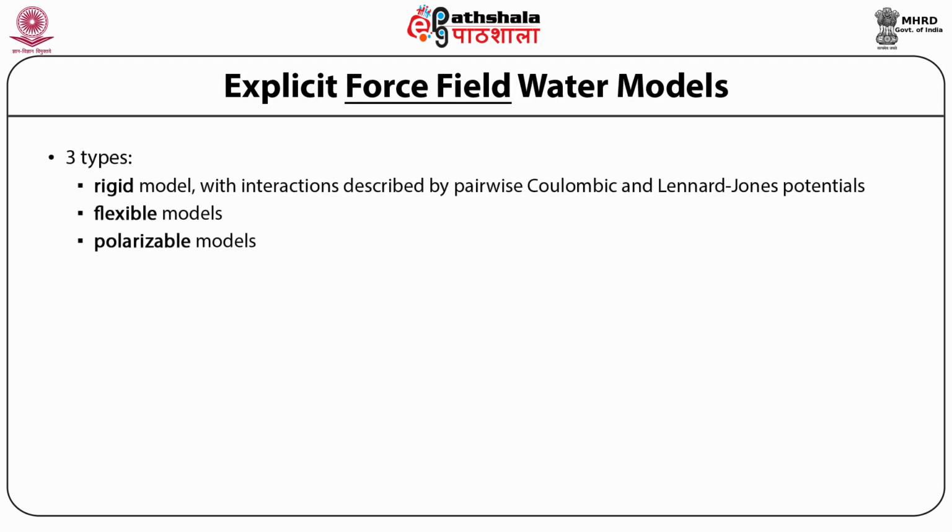How do we model explicit water? There are three types of explicit water. One is rigid, one is flexible, one is polarizable. Of all the models that have come up, the rigid model is the simplest, where you have only two interactions, Coulombic and Lennard-Jones, and no other. The flexible model may take care of the polarizability, as the polarizable model does, because the oxygen and the hydrogen can be treated separately, with polarizable hydrogen. What is important in water is the free electron, which can take any shape.